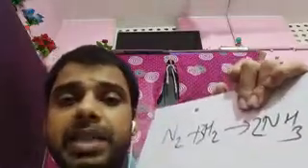Question A: hydrogen gas combines with nitrogen to form ammonia. First of all, you have to write the chemical equation. Hydrogen gas is H2 plus N2, nitrogen, and it will give ammonia, NH3. You can write N2 plus H2 gives NH3, and you have to balance that. Easily, N2 plus 3H2 gives 2NH3. It is a balanced chemical equation: 2 threes are 6, 3 twos are 6, and 2 nitrogen on each side.